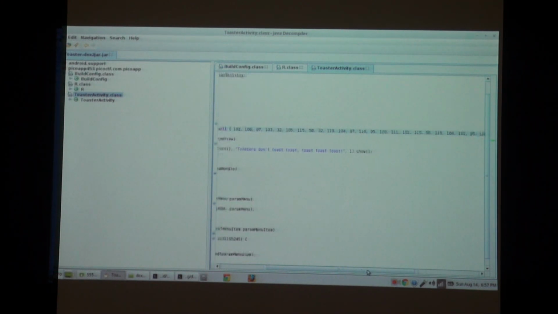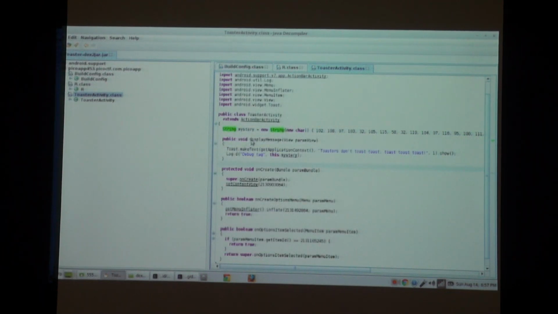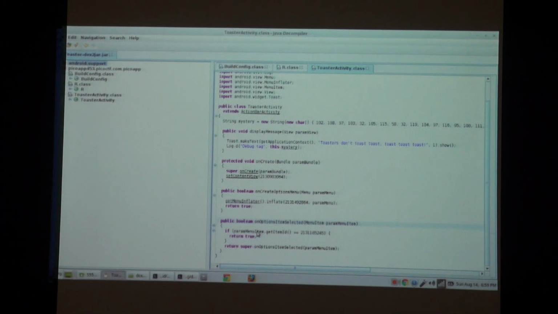Okay. So leaving that behind, let's see what else is there in this activity. Here we have the displayMessage function, and it is doing Toast.makeText. That's what we saw earlier when we clicked on that button: Toast.makeText, and this particular message popping up. And it's logging the data as well. Okay, we have the onCreate function, and the rest of the things are not really of interest to us, because those are the generic functions that are used in Android activity classes.